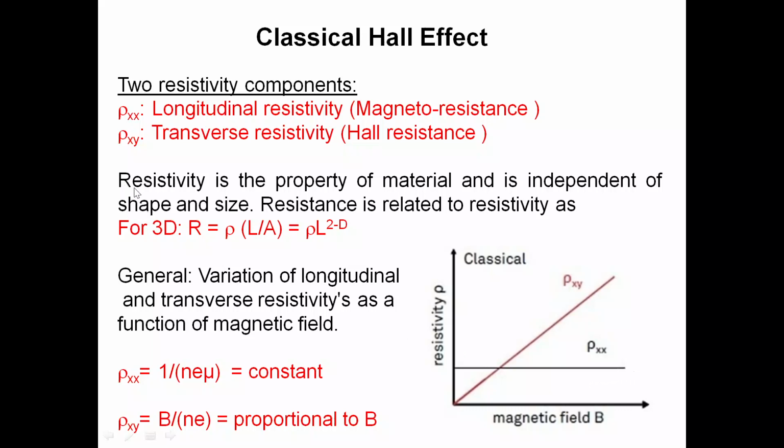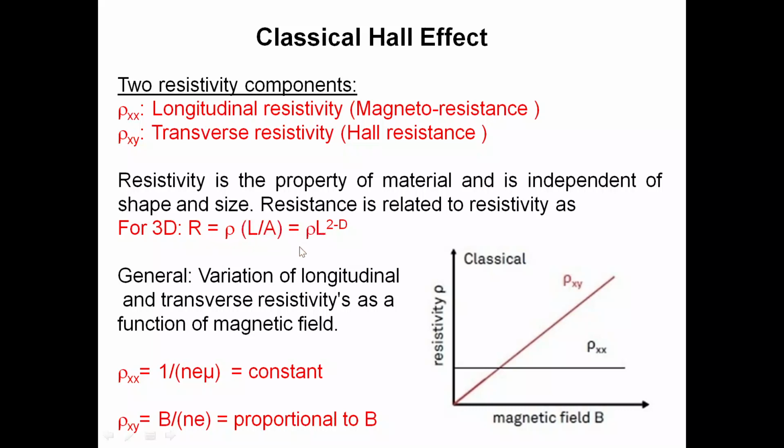So again, one more thing I would like to mention here: we are talking about resistivity because it is the property of the material and is independent of the shape and size of the specimen. So if you look at the resistance and resistivity relationship, they are related. Resistance R is rho L by A, and if you look at the dimension of the resistance,